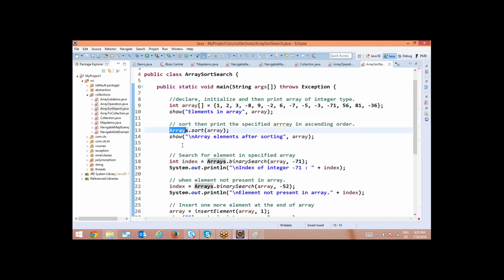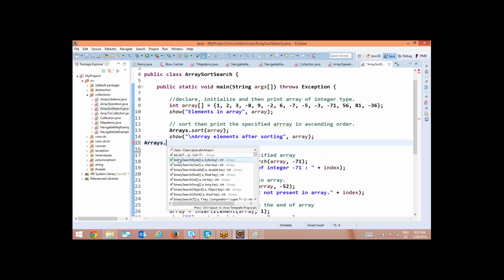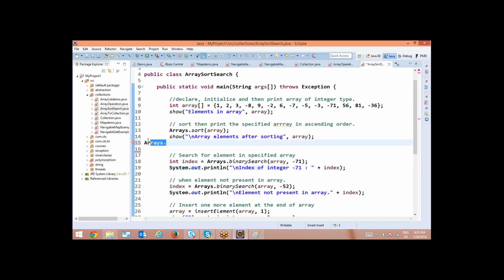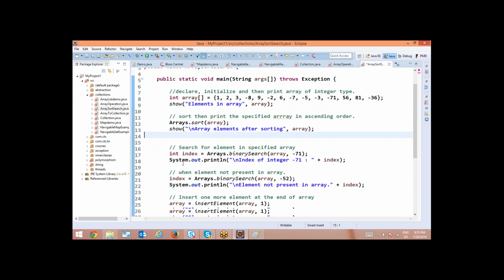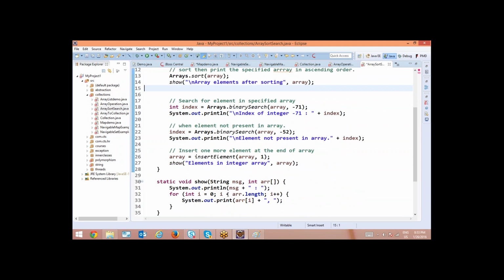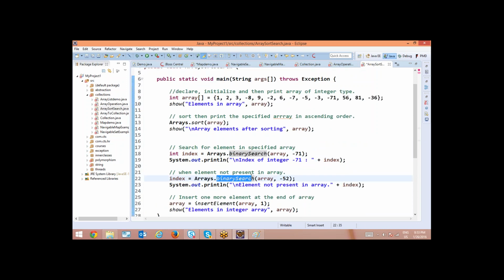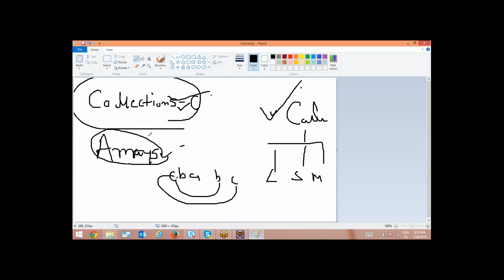So this Arrays is a class which is providing you certain methods which are very much helpful, such as asList, binarySearch, fill, sort. These are all the methods possible in this. You can observe, there are some examples given. Binary search is not possible in a normal collection, right? And then sort is not possible, but here it is possible. That is the purpose of the Arrays class and the Collections class.